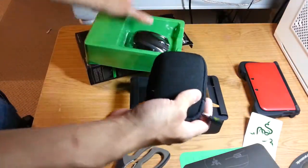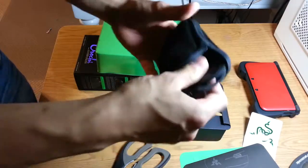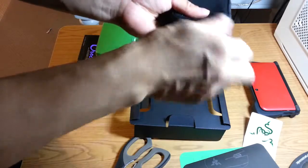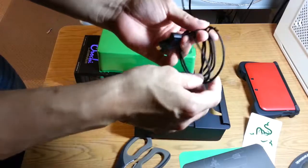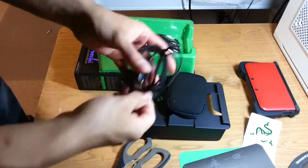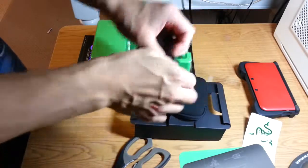Alright, little mini case. And the reason why I got the Razer Orochi, even though I am perfectly satisfied with my desktop mouse right now, oh, you get batteries with this, perfect. Energizer. I'm using a CM Storm Hornet, but you spell it like Hornet with an X, and this isn't going to replace that mouse anytime soon because I'm perfectly happy with it,